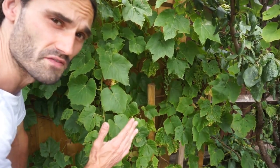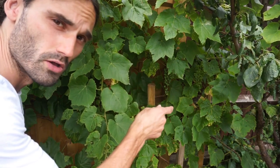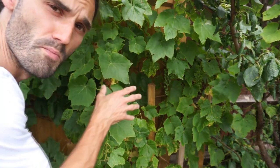So there's many ways that one can train grapevines, but the way that I grow them, basically to do with keeping them relatively low maintenance, is I grow them up against a fence here. I've got a few little things I tie them onto, but largely I just let them do as they want to. And what I do is prune them at the correct time of year,